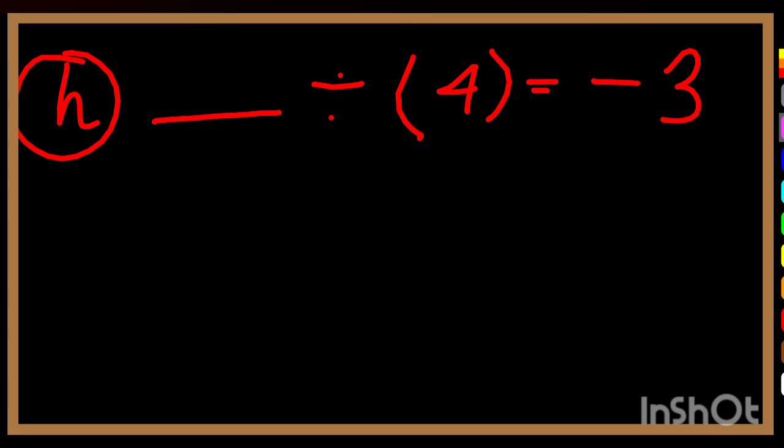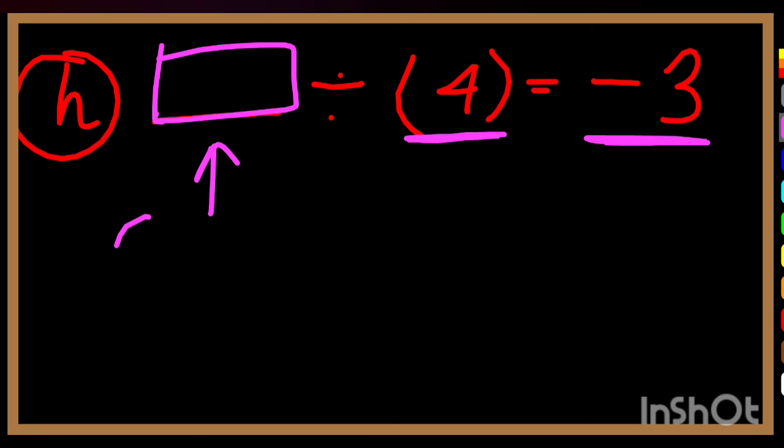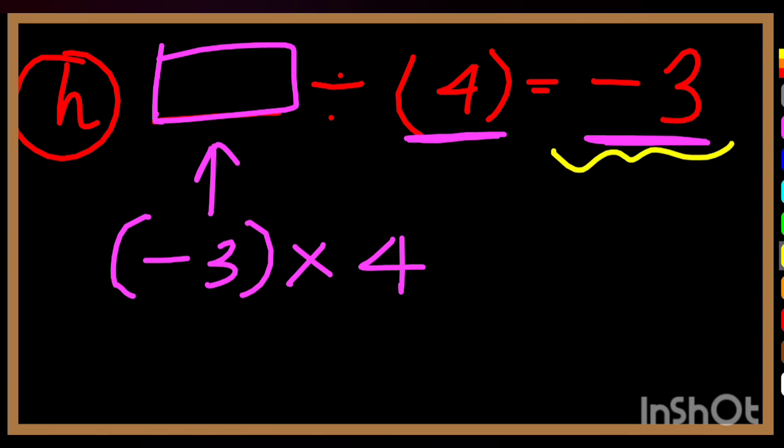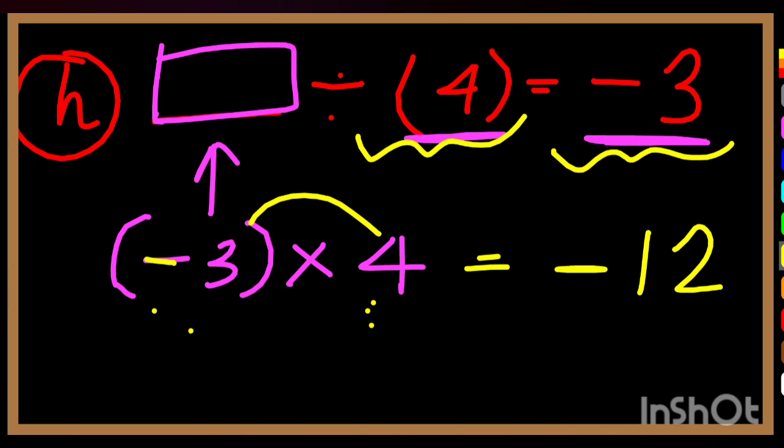In the last sum only I have discussed that if the divisor is given and the quotient is given, for finding the dividend we are going to multiply this quotient and this divisor. So first thing we have to understand, here we are getting minus 3, here we are getting plus 4. Nothing is given, it means plus is given. So two different signs are being multiplied. So in the answer we will definitely get a minus sign and the two numbers will be multiplied. So we are getting minus 12 in the answer. So let's come to the second last sum.